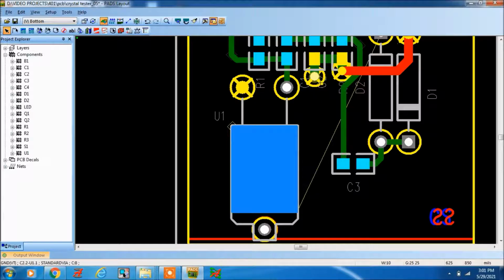Just copy it, Control C, and in this you just add vias.